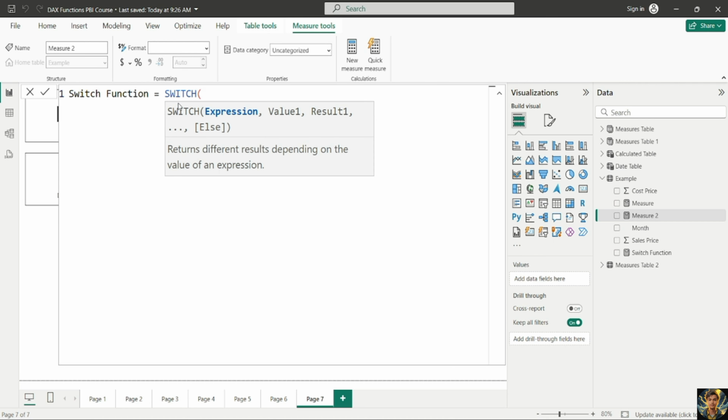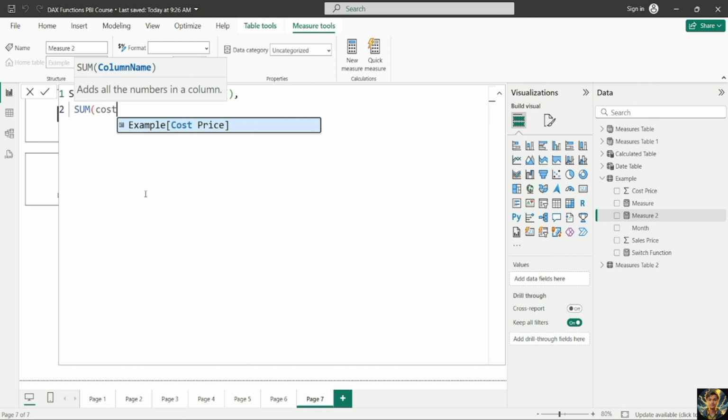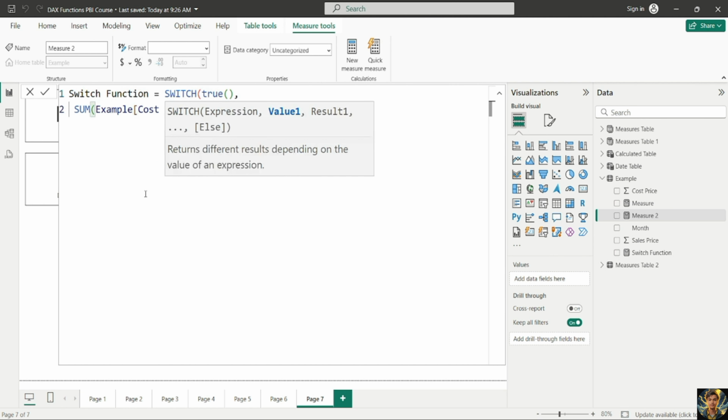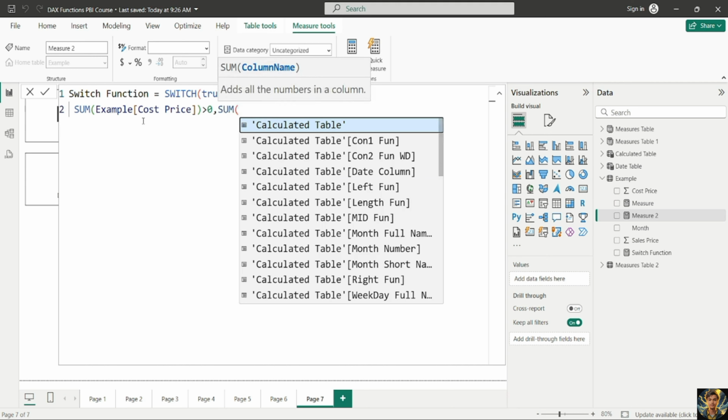And then in the expression, we can write true, comma, shift enter. Now we will provide the condition. So we want to check that if our sum of cost price column from example table is greater than 0, then in that case, shift enter. Is greater than 0, then in that case, we want the output to be equal to sum of your cost price,